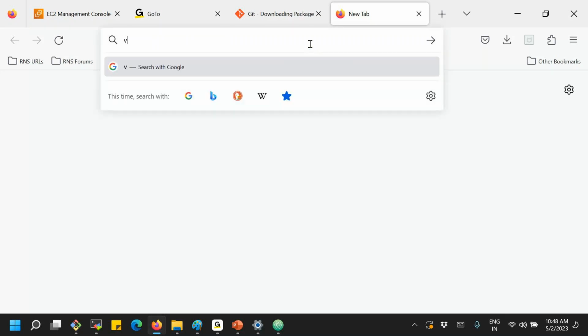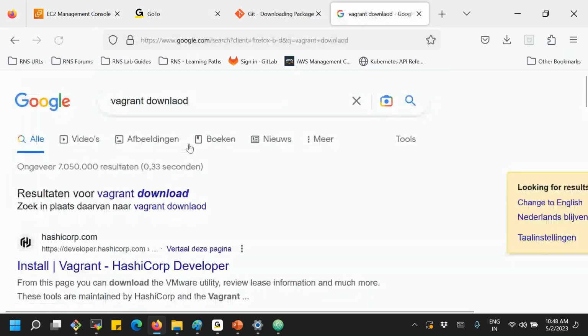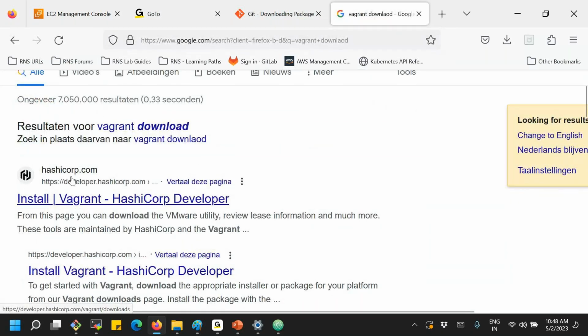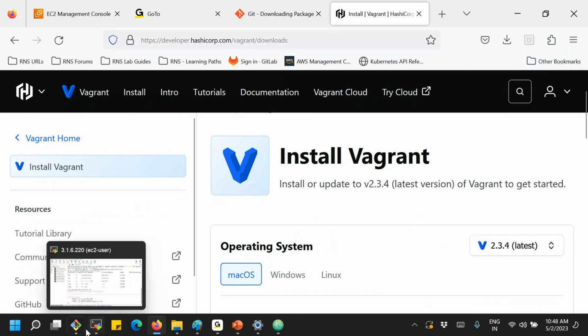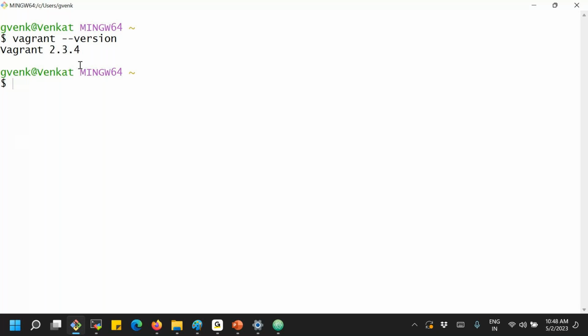You just go back to that Vagrant downloads page. What is the latest version of Vagrant which is installed? 2.3.4. So in the Git Bash terminal, whatever version we are viewing is the Vagrant version, not the Git Bash version. How to know the Git version, we'll talk about later. Leave it, that's not required. Okay, my Vagrant is ready, VirtualBox is ready. Now I have the Git Bash SSH client, and as a terminal also, where I'm able to run my commands. Okay, good. What next?